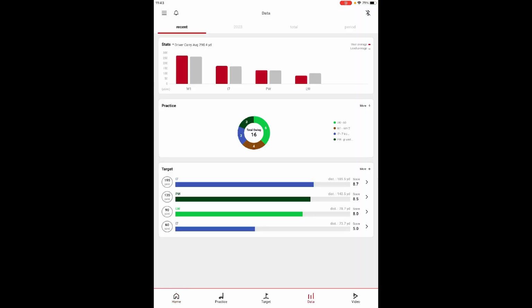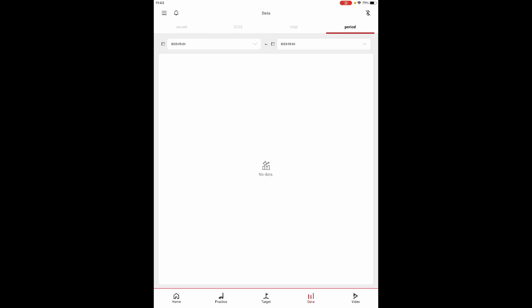If we move on over to the data tab, you'll be able to dive into your data a lot more here. So just quickly across the top, you've got recent, the current year you're in, total, and period. I kind of went over those before. Obviously recent is what I just did. This will be an aggregate for the year, everything you've done. So if you have this app across multiple devices for multiple years, it will be here. And then period, you can just put in dates to search for the data that you're looking for